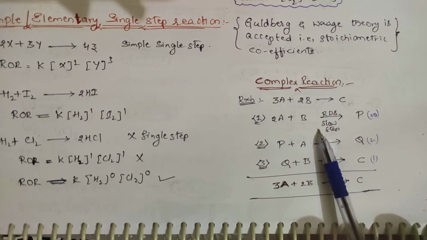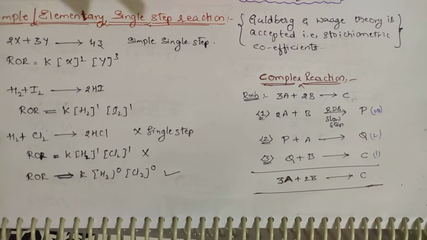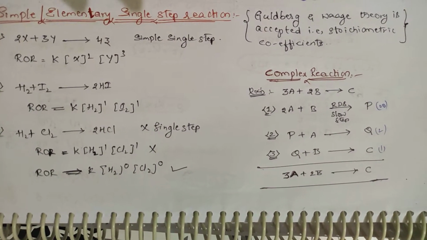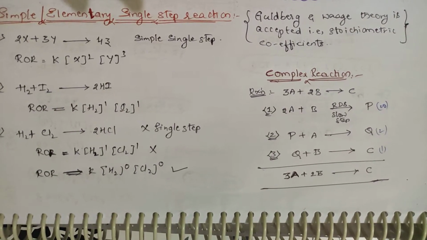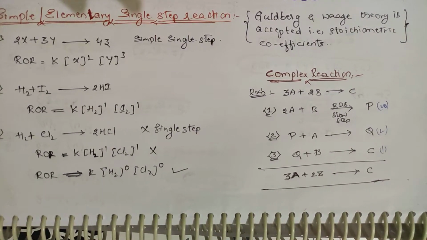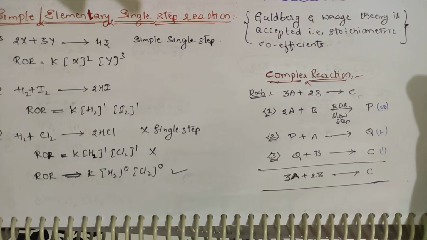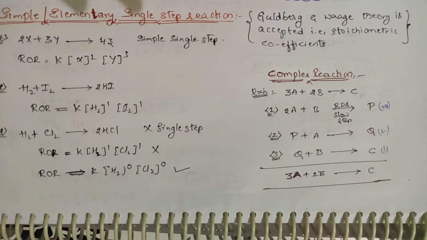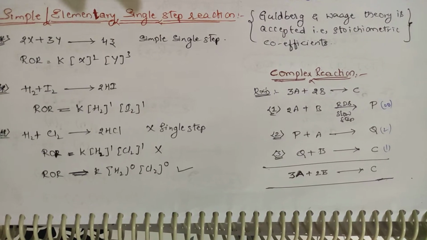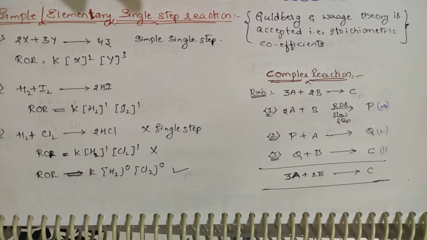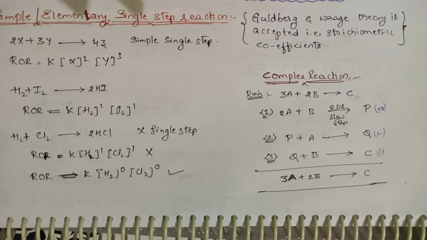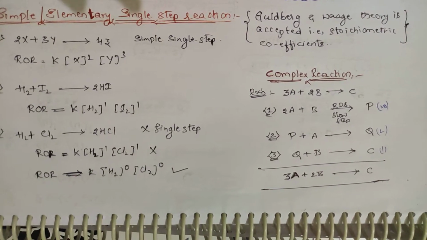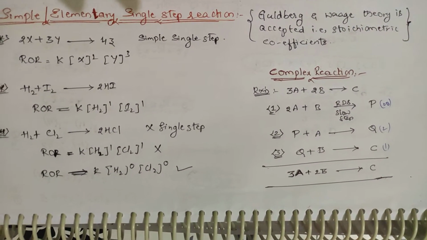Clear? How does this work? Simple. You have 11 friends and tomorrow morning you are going to play cricket. Out of them, 10 are very active. We have decided that by 9 o'clock you should be in the ground. 10 members have got ready and come to the ground, but one person has not come. He is still getting ready. He is very lazy. How soon the match can start depends upon the slowest person in that group. If one person is very slow, or 2 persons are very slow, you can't start the match because there will be some deficiency in starting the match.